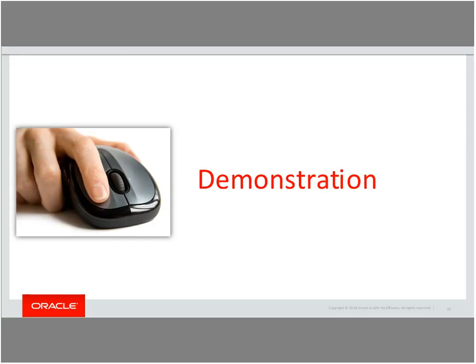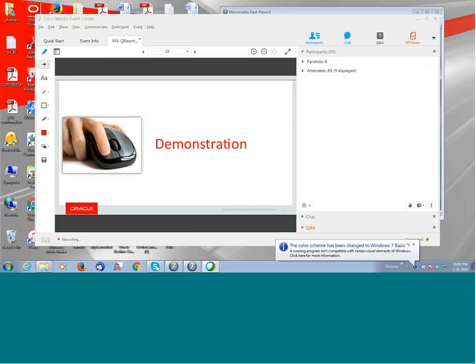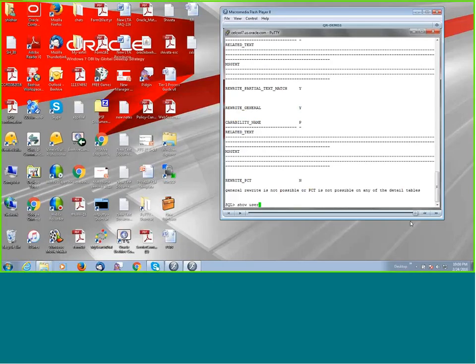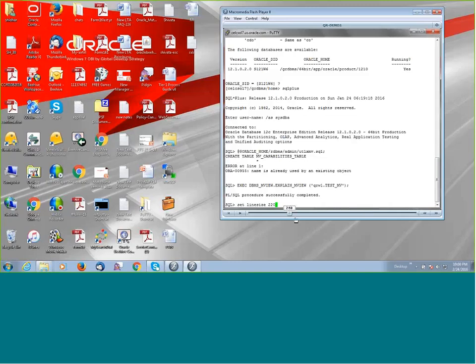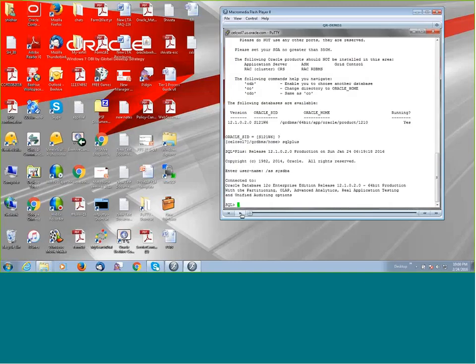This leads us to the second demonstration, wherein we will try to create the MV capabilities table and check out what results we can see from this. Now I'm connected to a 12c environment, and I will try to create the MV capabilities table.